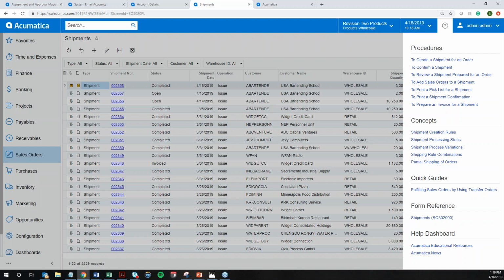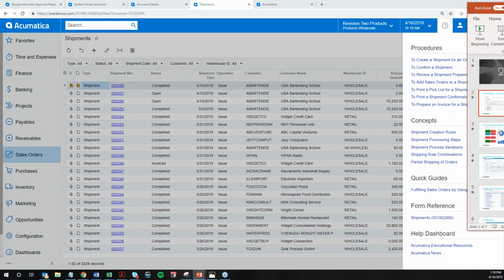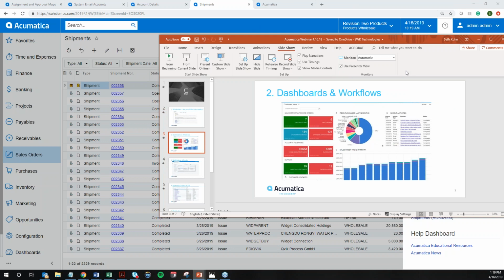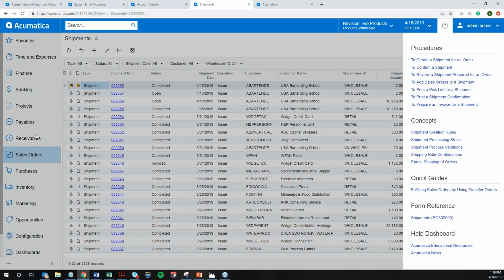All right, so it looks like the poll is closed there. So let's move on to our second item here, which is dashboards and workflows. Acumatica, as they've come out with more and more releases, has increased the level of